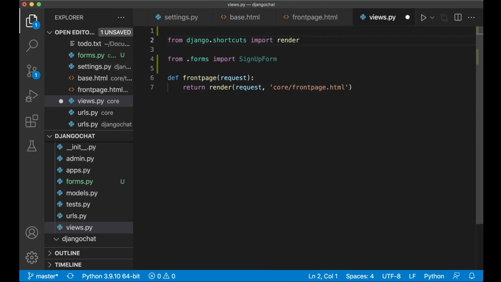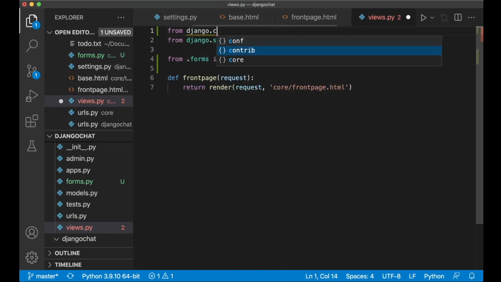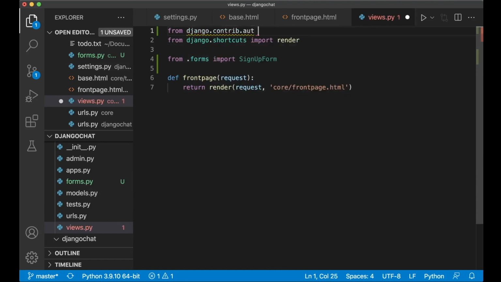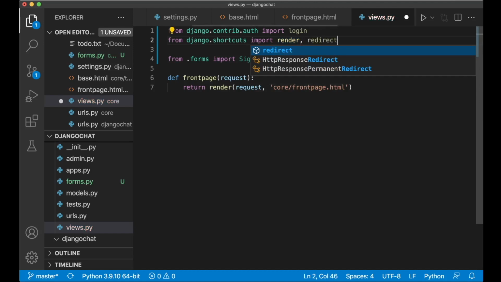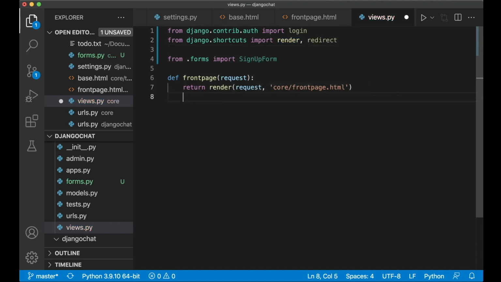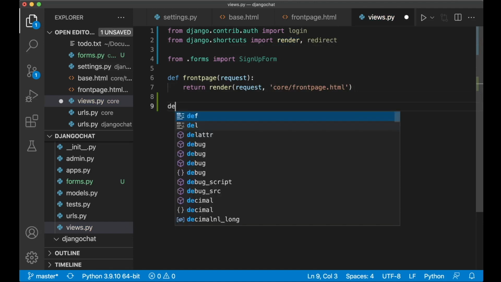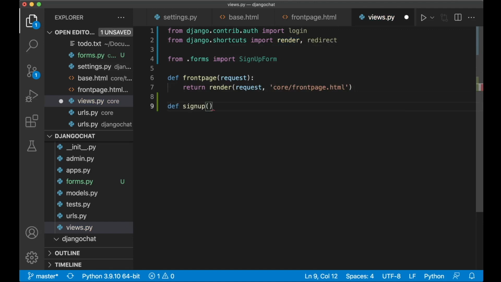And we also need to import a login functionality from Django. So from django.contrib.auth import login, and one shortcut from Django which is called redirect, because we want to redirect the user when it's signed in. So then we can create the sign up view, def signup, pass in the request parameter,